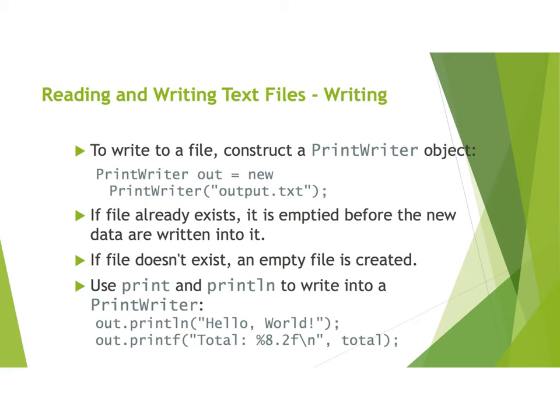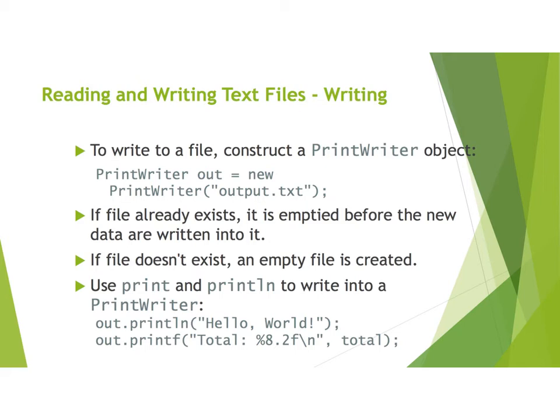output.txt. If the file already exists, it is emptied before the new data are written into it. If the file doesn't exist, then an empty file is created for you so that you can write to the file. Then, after creating an object of the PrintWriter class, you can use the methods print and println to write